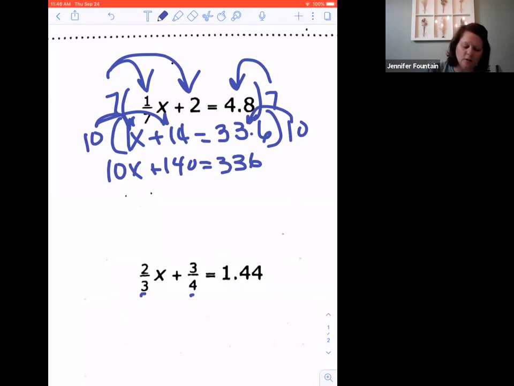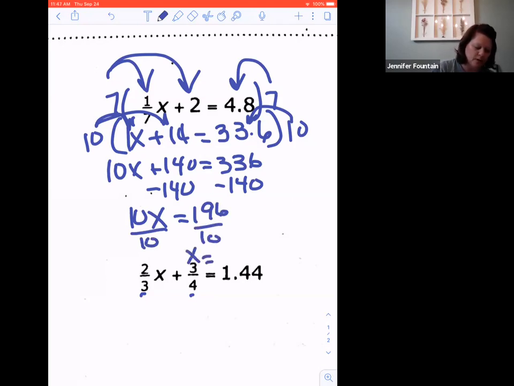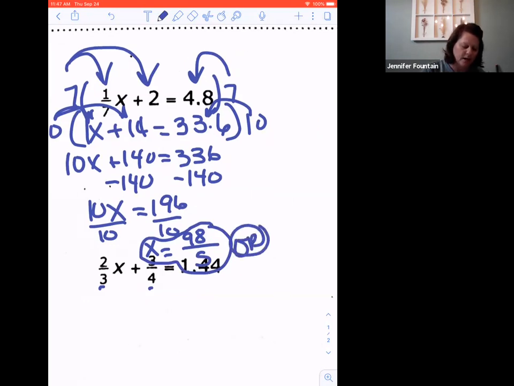I have 140 on the left-hand side that needs to move, so I will subtract 140 from each side. So 10x is equal to, I've got 336 minus 140 is going to be 196. Divide by 10, divide by 10. X is equal to, if I wanted to go ahead and say 196 divided by 2, that's going to give me 98 over, and 10 divided by 2 is 5. So I can leave it as x equals 98 over 5,